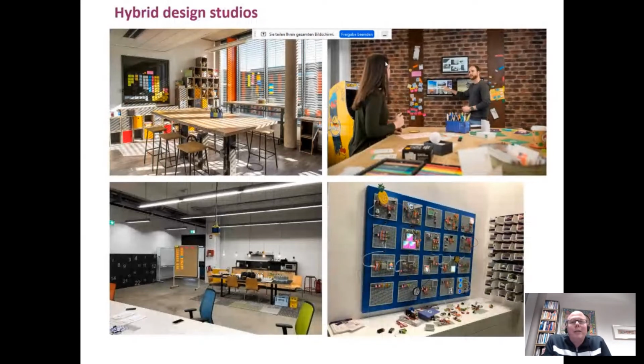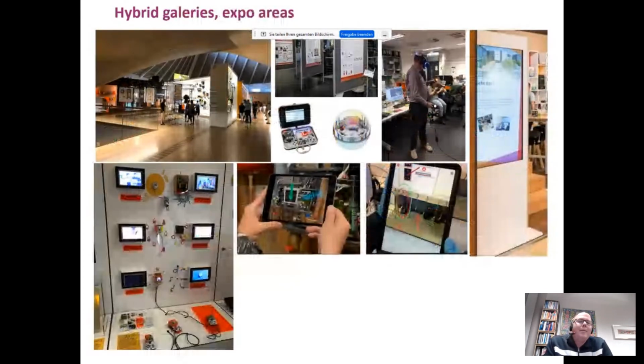So how do these spaces look like? We have hybrid design studios. You see there are screens there, but there are also building blocks, digital building blocks that students can work with. We try to use building blocks that are low threshold, or provide an easy entry level for students who have no technical background as well. We try to use technology to have more galleries to show other students what's possible, to inspire, to have presentations